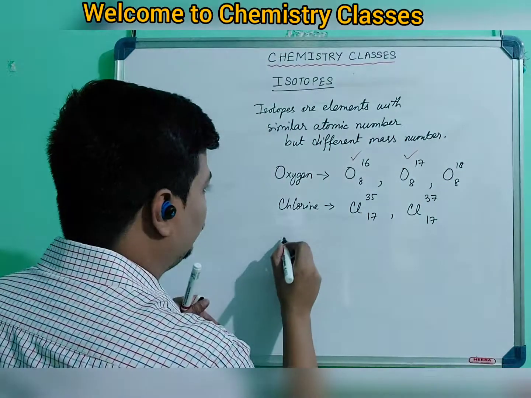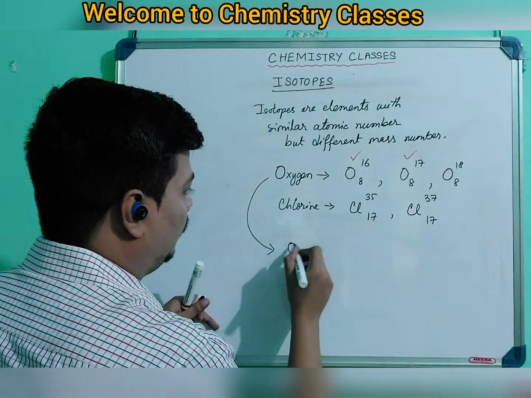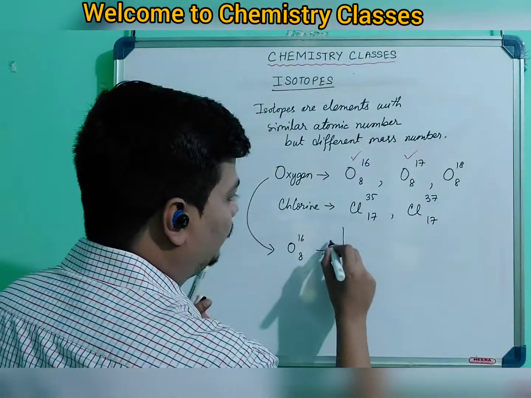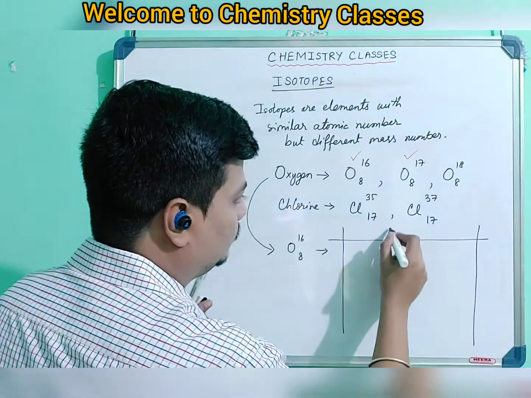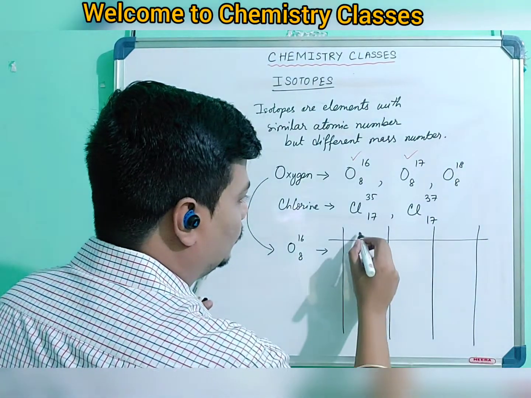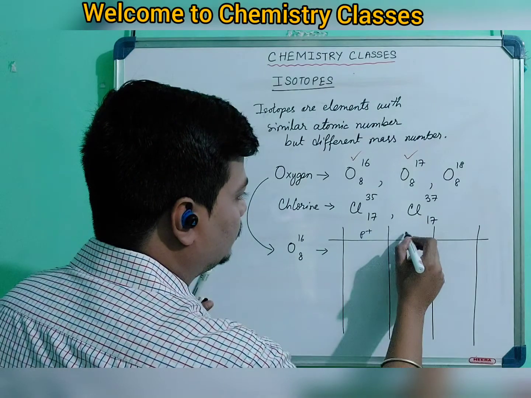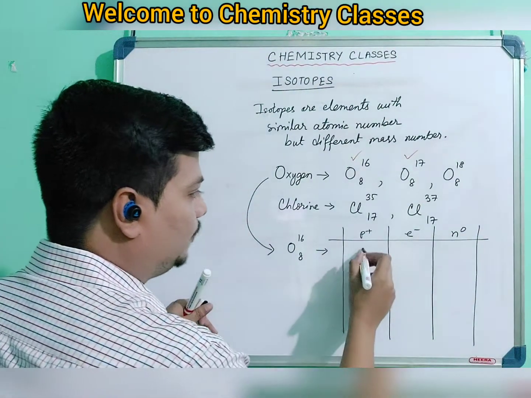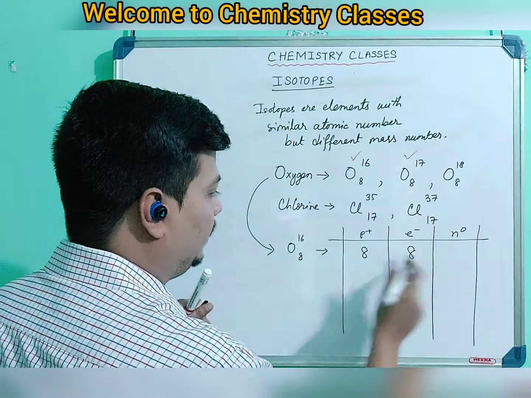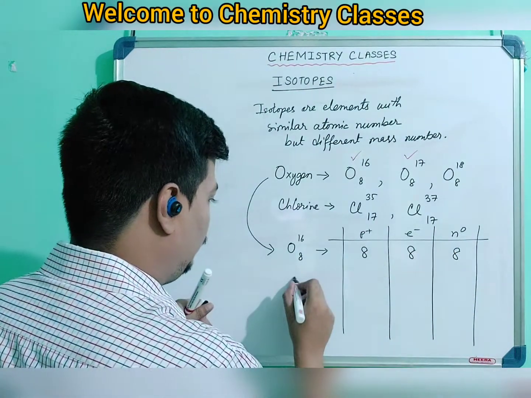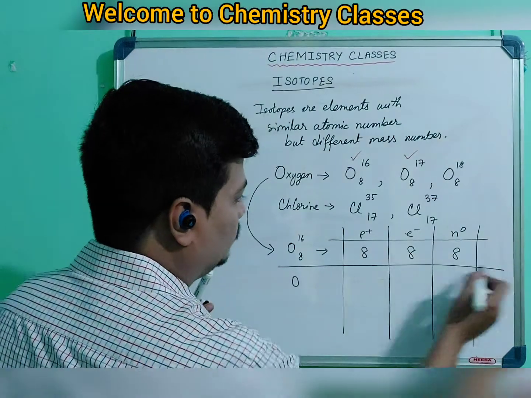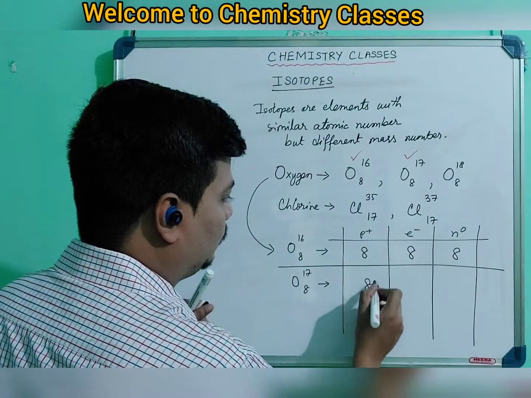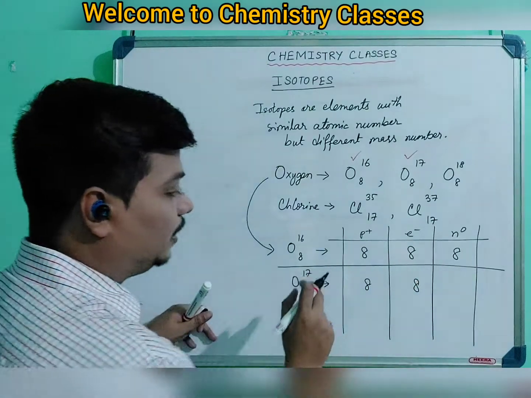what happens for oxygen? O 16 8, I'm making it in the form of a chart. So here will be protons, electrons, neutrons. For this one, protons will be 8, electrons will be 8, and the neutrons will be 8. O 17 8. For this one, protons will be 8, electrons will be 8, but the number of neutrons will